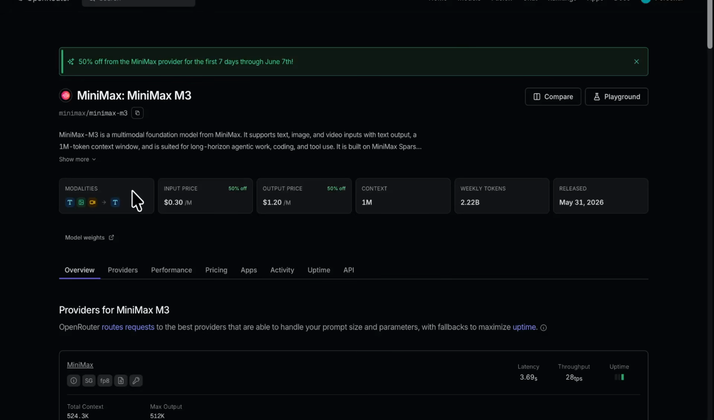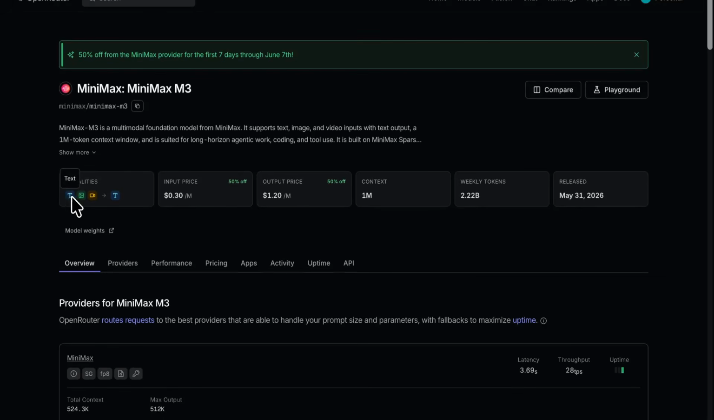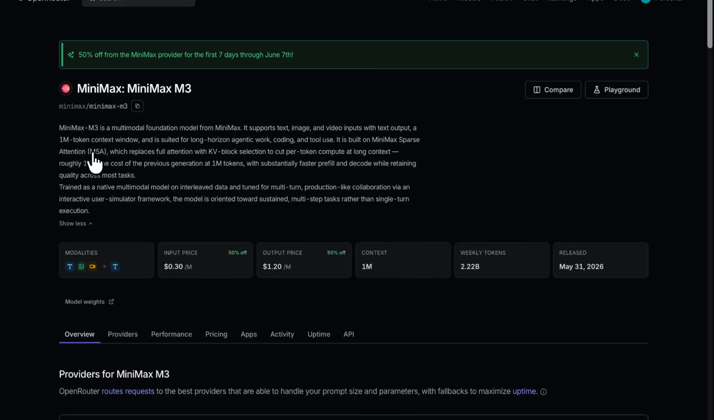Okay, look at this, guys. There is a brand new model. It has different modalities now. MiniMax just dropped. So MiniMax M3 is a multimodal foundation model from MiniMax. It supports text, image, and video inputs with text output. A 1 million context window and suited for long horizon agentic